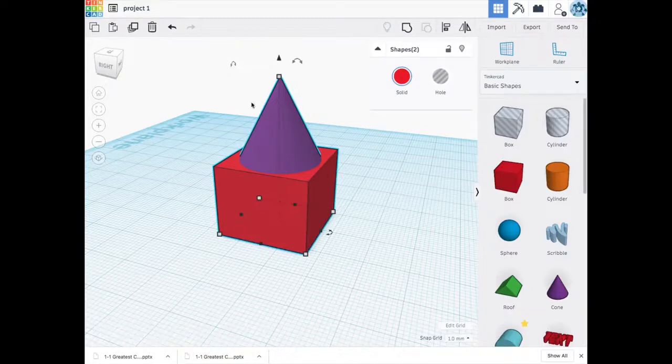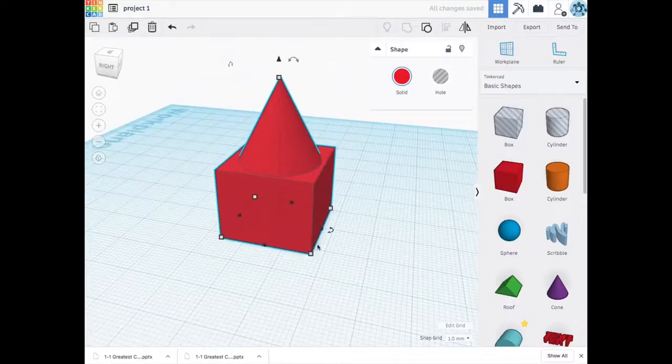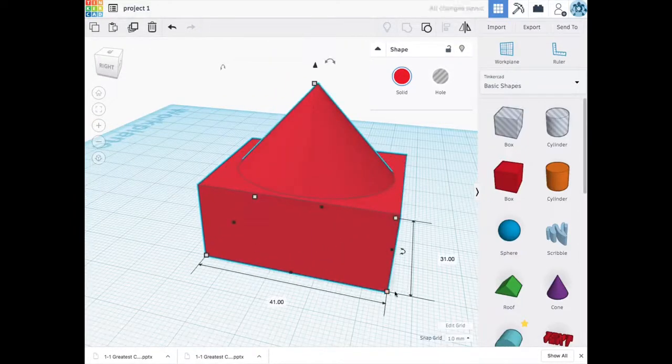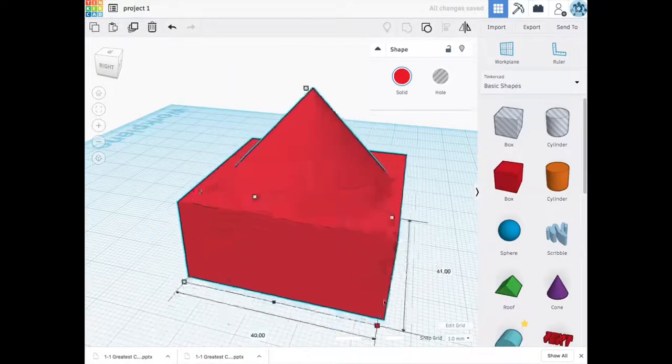If I want to make them one, I can click this one, which is the group button. I click on it, it's going to change to one color. That tells me it is one shape. So now look what happens when I click the bottom of this. The whole thing adjusts. So now they are one object,